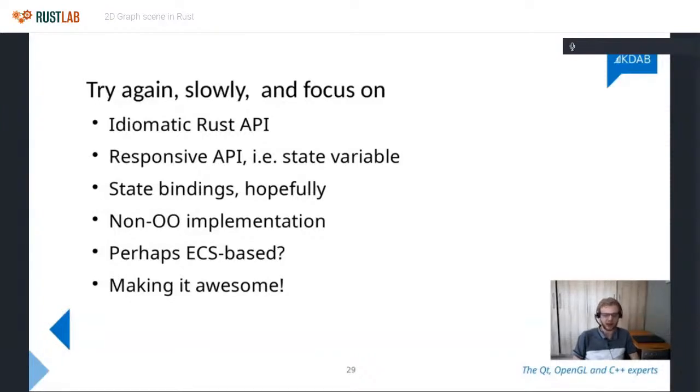QML doesn't really have special state variables as such. It's got the concept of properties, which are basically the same thing, but in QML, almost everything is a property anyway. So that's why I don't want to call it a special thing. And in QML, whenever you change a property, then everything bound to it automatically gets reevaluated.